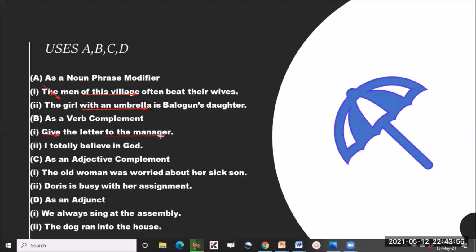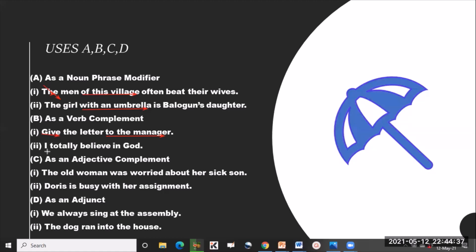To the manager completes the meaning so that the person who is receiving this instruction will know exactly what to do. You cannot simply tell someone give the letter without specifying to whom the letter will be given. So this is what makes this prepositional phrase a complement of the verb, all right? And the only thing that can complement the verb is obviously an adverbial phrase, all right? So here,